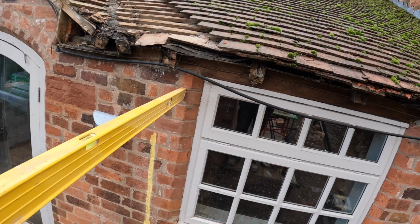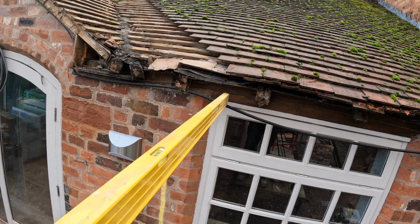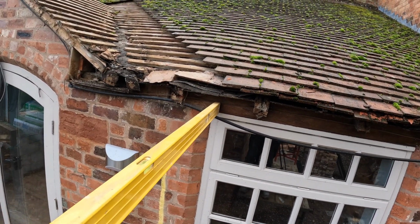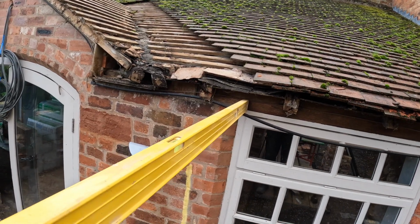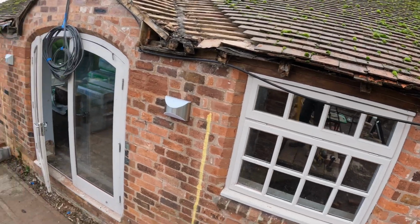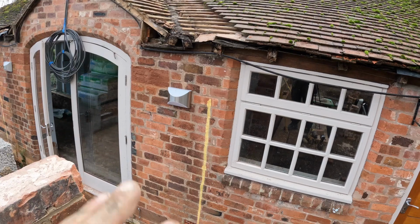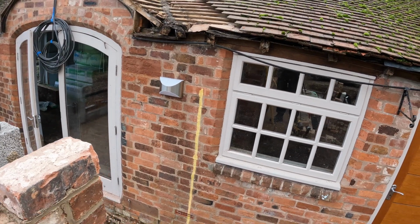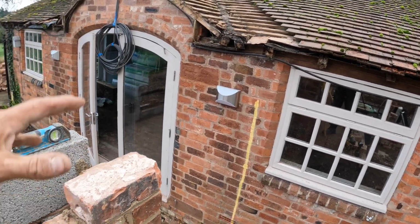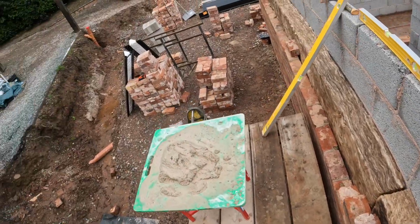So what we need to do is some remedial work to this section here, because we need to sit our lintel directly on top of this little corner of window there, because that's where our lintel is going to sit. So we are done for this section at the moment, because in order to do that properly I'm going to leave the scaffolding up, and the scaffolders are coming on Wednesday. It's now Friday. So we're going to leave this here and we're going to move